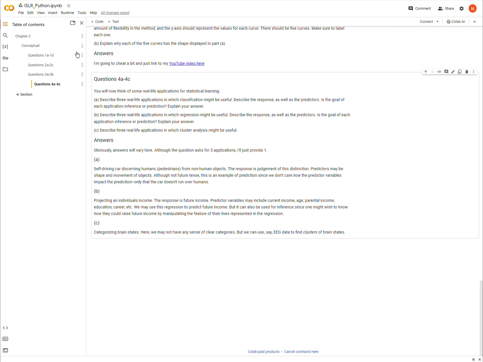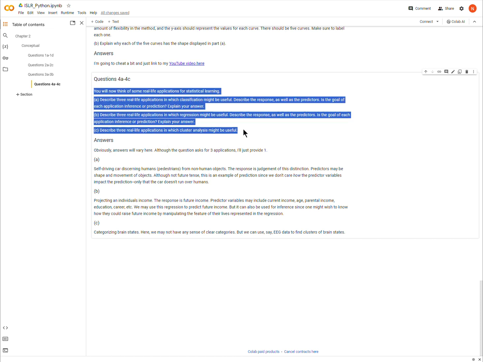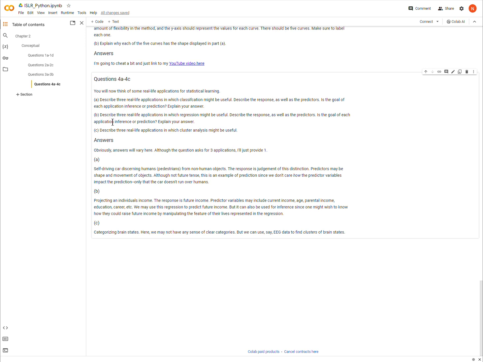Okay, question 4 of chapter 2 for Introduction to Statistical Learning. This wants us to give 3 examples that we come up with on our own for each of applications for classification, applications for regression, and applications for cluster analysis. So I'm just going to provide one because obviously everybody's answers will vary quite radically. So hopefully you can identify when each of these types of analyses is required. So these are my answers